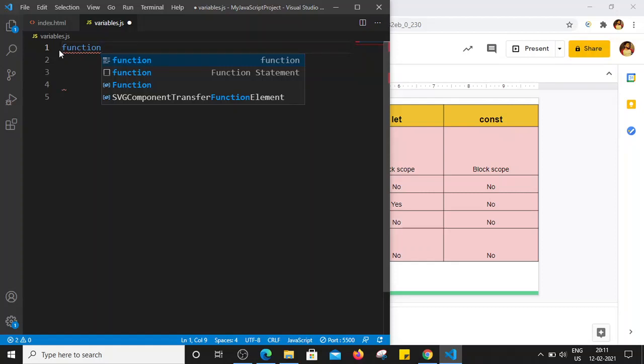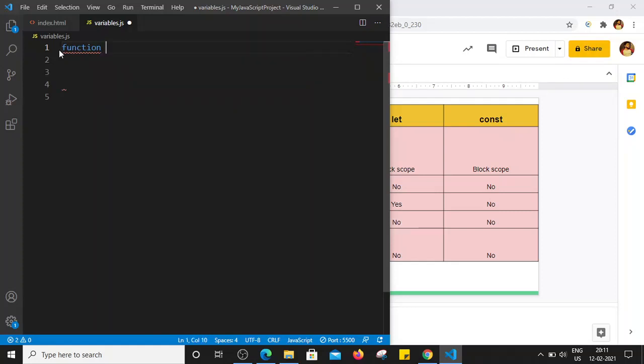We can give a name to that function, and whenever we want to use those specific lines of code, we just have to call that function, right? So instead of writing those multiple lines of code, we just call that specific function, which performs some specific action, right? We just call that function, and it will automatically execute those lines of code without rewriting them again and again in our project.